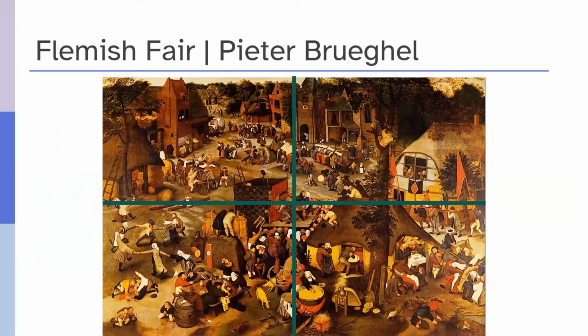Secondly, in terms of painting, here's an example of using sector. So this is the Flemish Fair by Pieter Bruegel, which is an incredibly detailed painting. It's quite huge as well, and there's hundreds and hundreds of figures in here. So actually creating a description for this can be quite difficult. But if you use the sector approach, you can divide the painting into basically four quadrants, and then describe each quadrant. So you're helping the spatial awareness of the user, so they can actually picture what's happening throughout that painting.